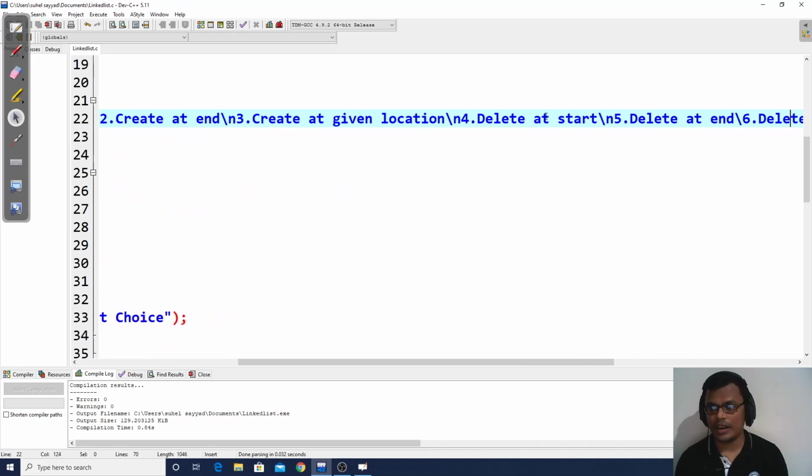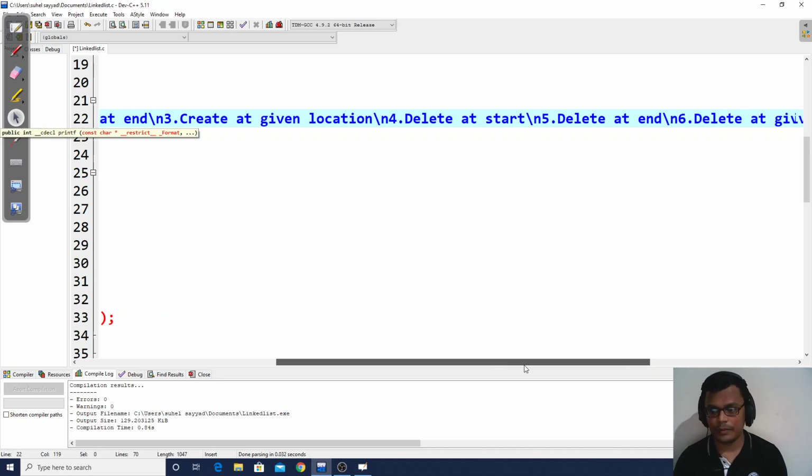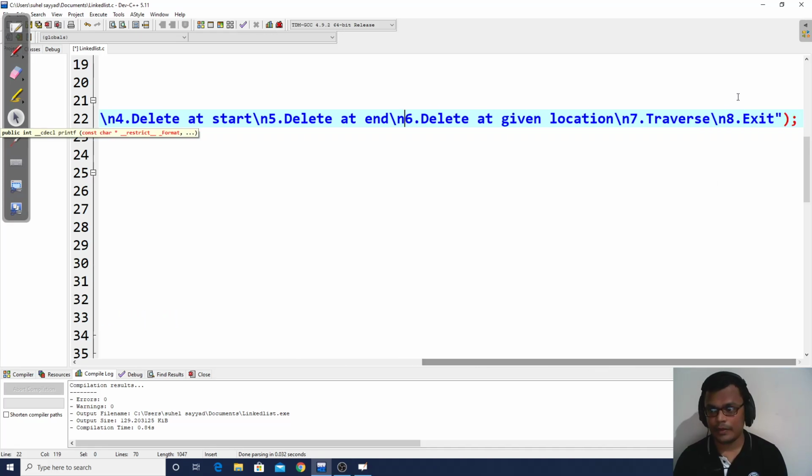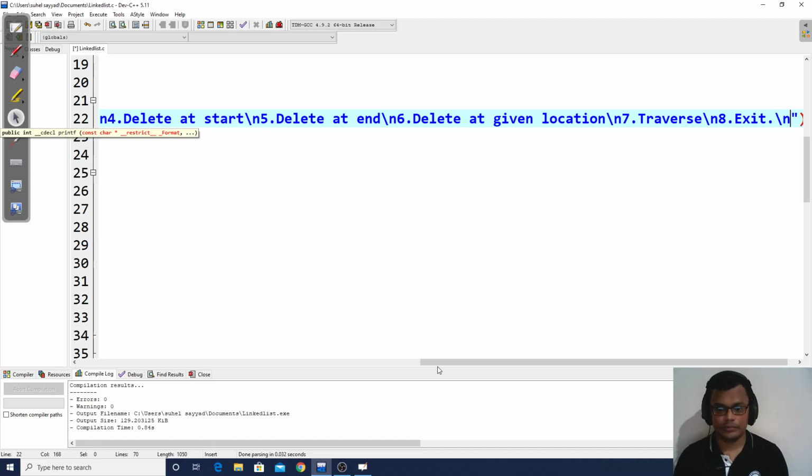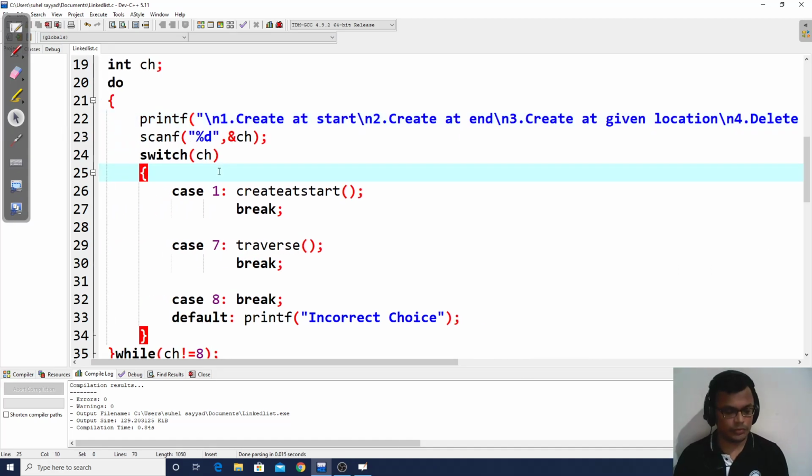I'll press 8 to exit. Let us quickly correct this: we have not given slash n here and that's why it was happening. So this much code is only catering to create at start and traverse.